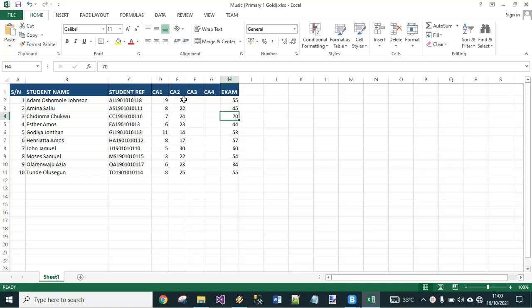Another validation the system does is to check for new students. For instance, if a new student is added to the system after the templates have been generated, you can simply provide the name of the student and the values for the assessments, leaving the student reference blank. The system will automatically pick this new record, create the student record, and insert the student's reference number into this cell. So we're going to take a look at how this process works, and you're going to see how this